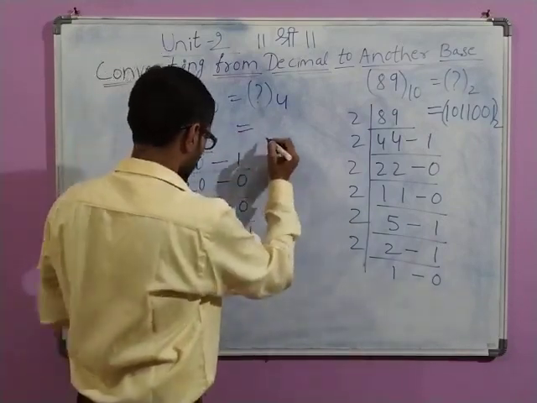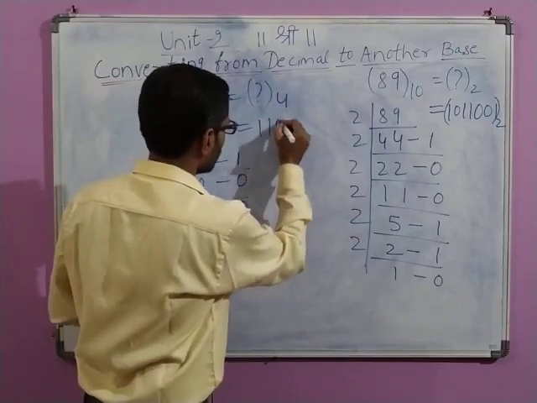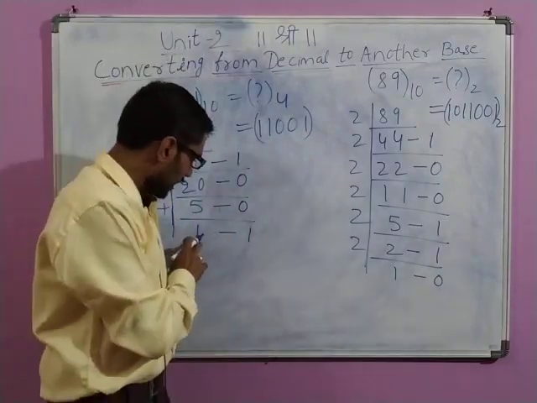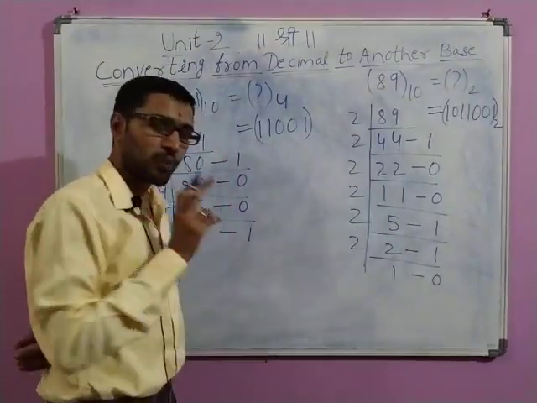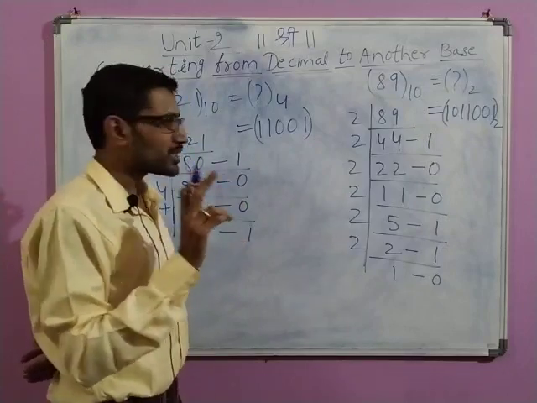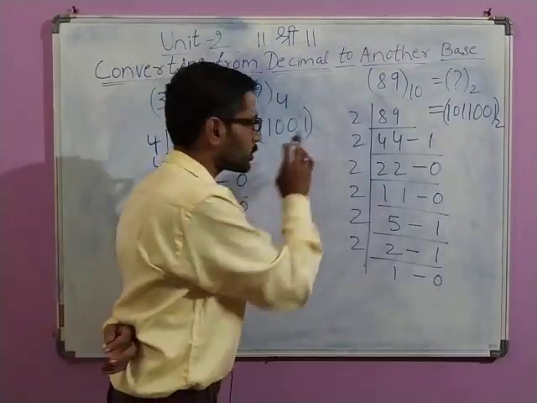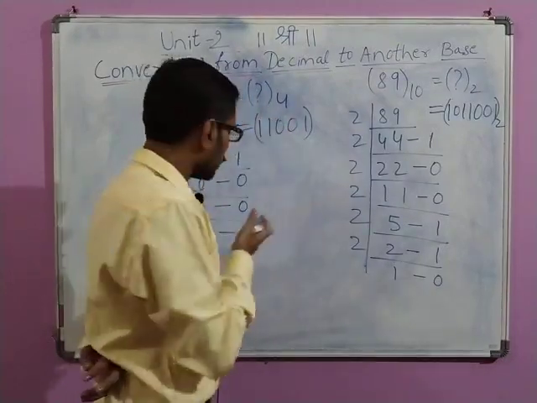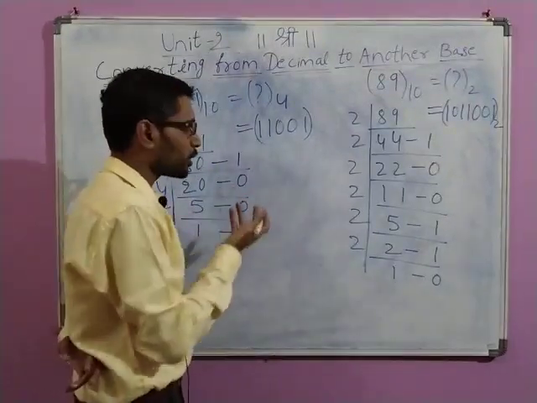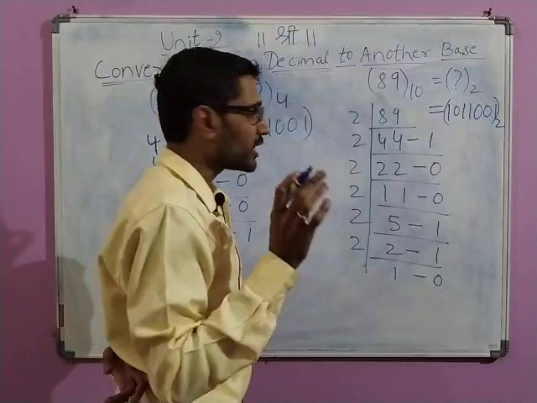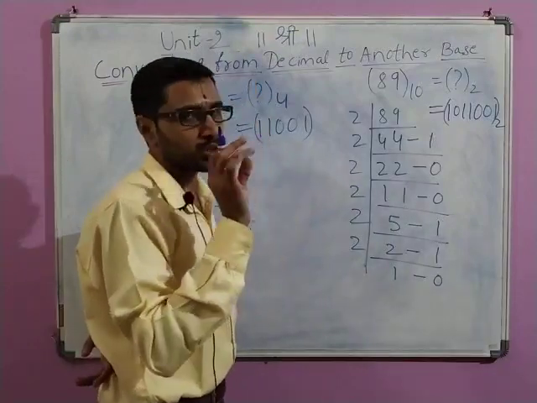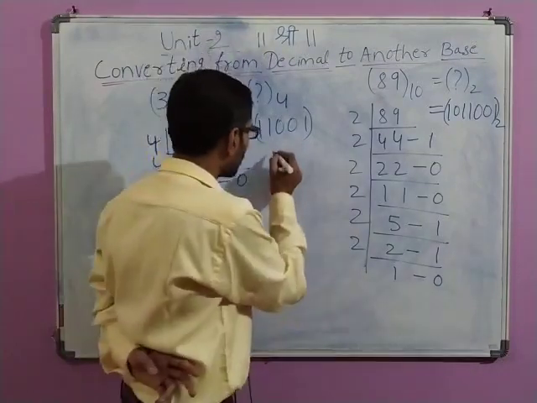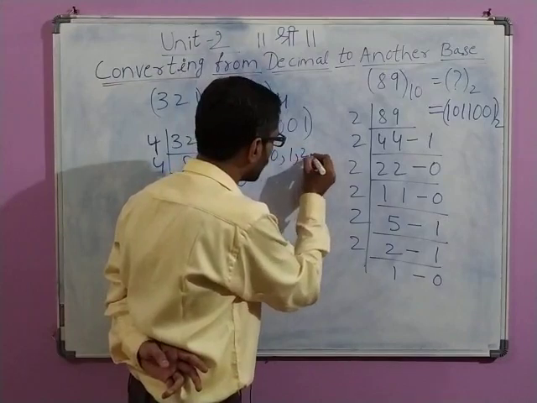So this will be 11001 to the base. Now see here, even though we are getting the answers all in ones and zeros, students have a habit of writing the base as 2. No. What is the expected base? The expected base is 4. We may get all ones and zeros, or we may get 1 and 2. When I say base 4, which digits are available? 0, 1, 2, 3. So the answer that you get may have the symbols 0, 1, 2 or 3.